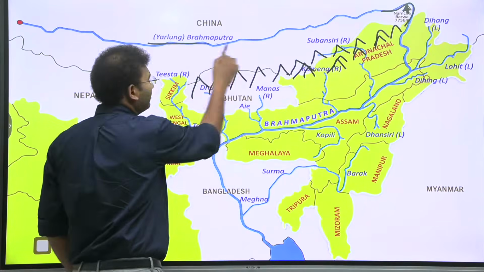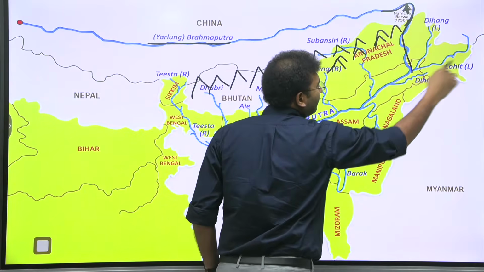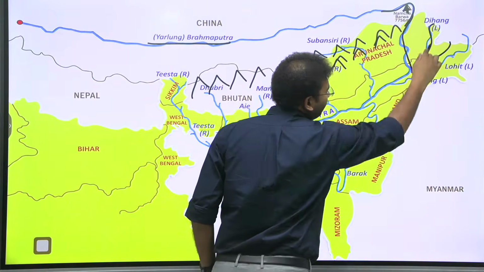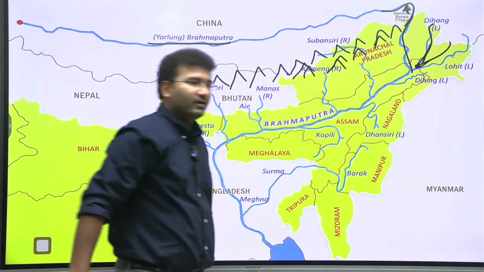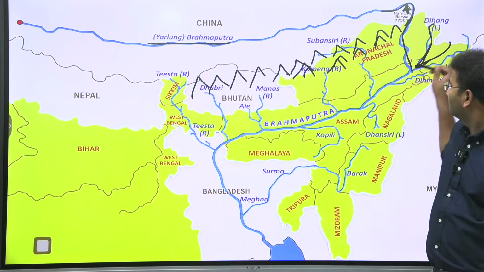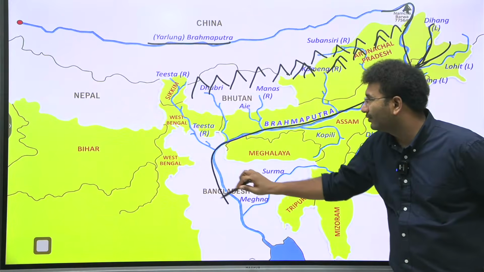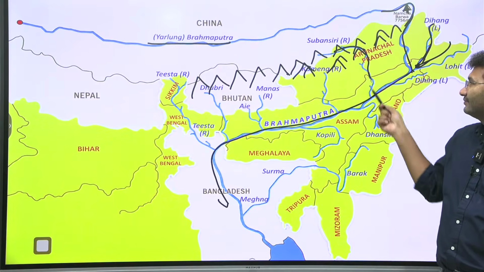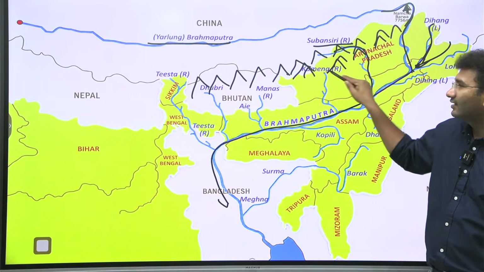So Yarlung, which is Brahmaputra, enters into India, Dihang and Dibang. These two rivers, there's a small river. From here, we call this Brahmaputra, right? Now look at the right bank and left bank tributaries, right? So follow the path. In this, look at the right bank tributaries. First, it is Subansiri. Kameng, Subansiri, Kameng,